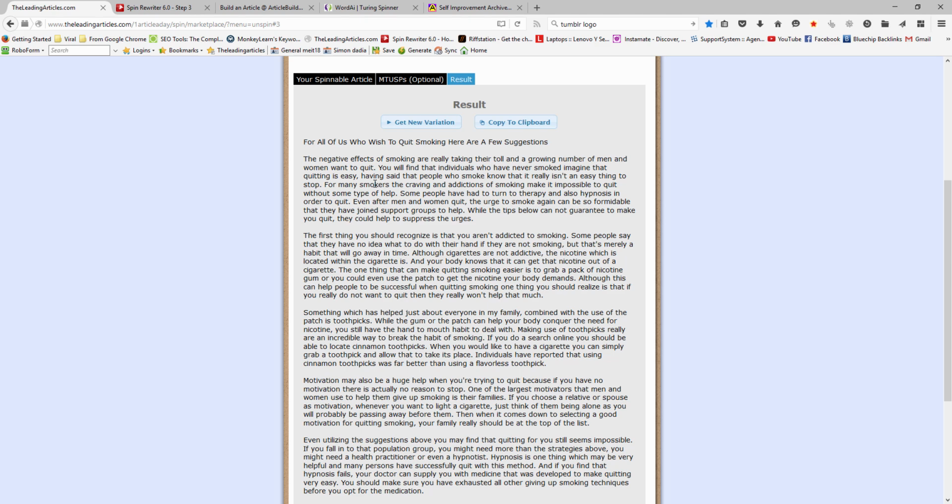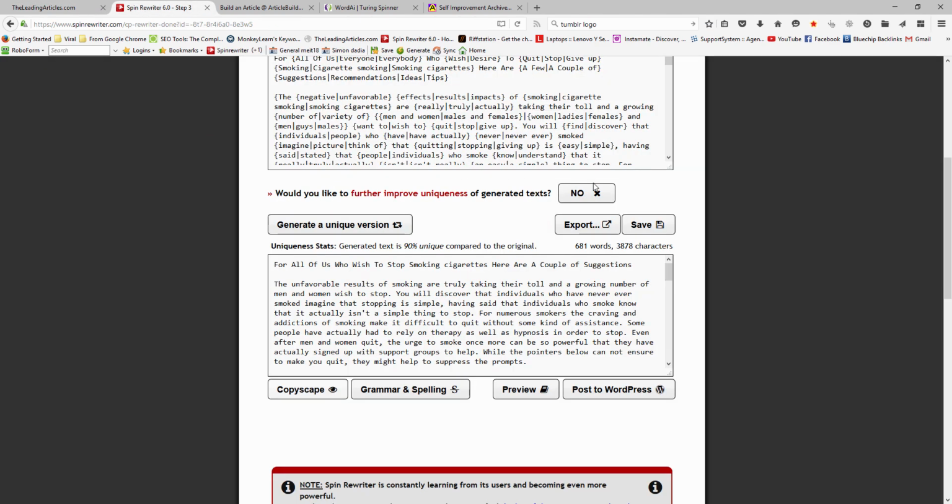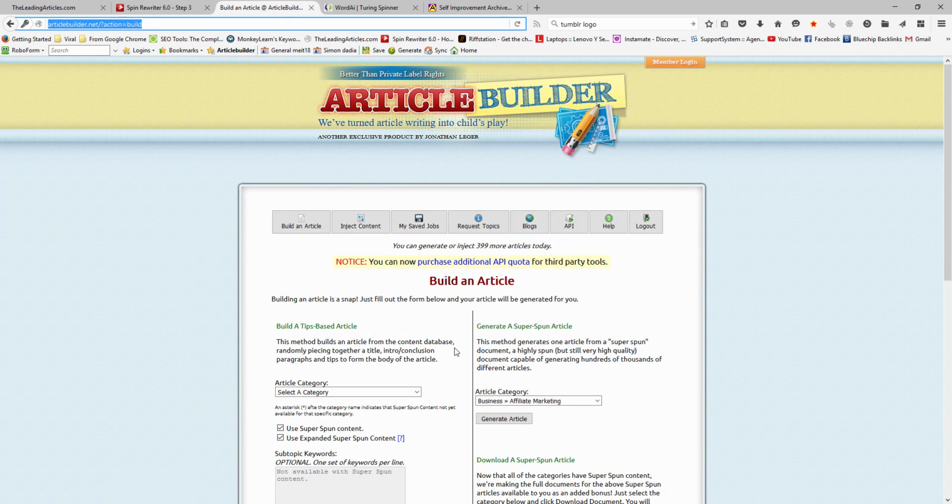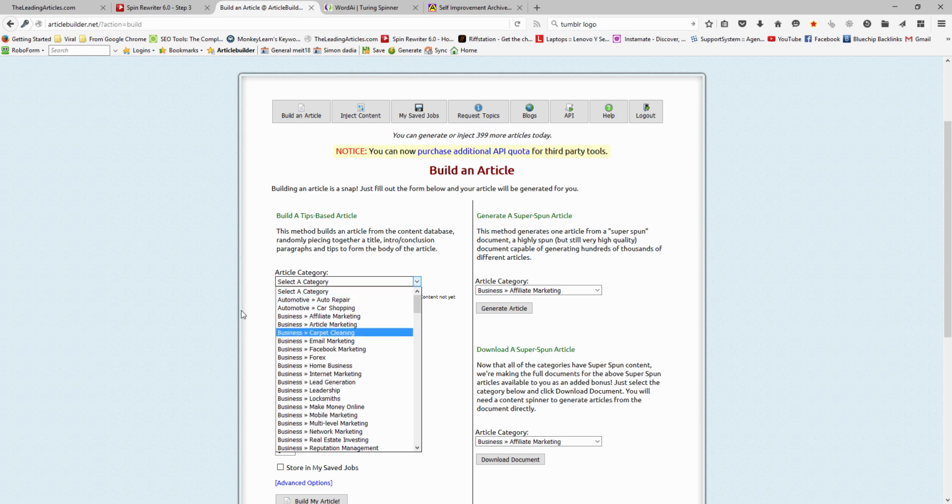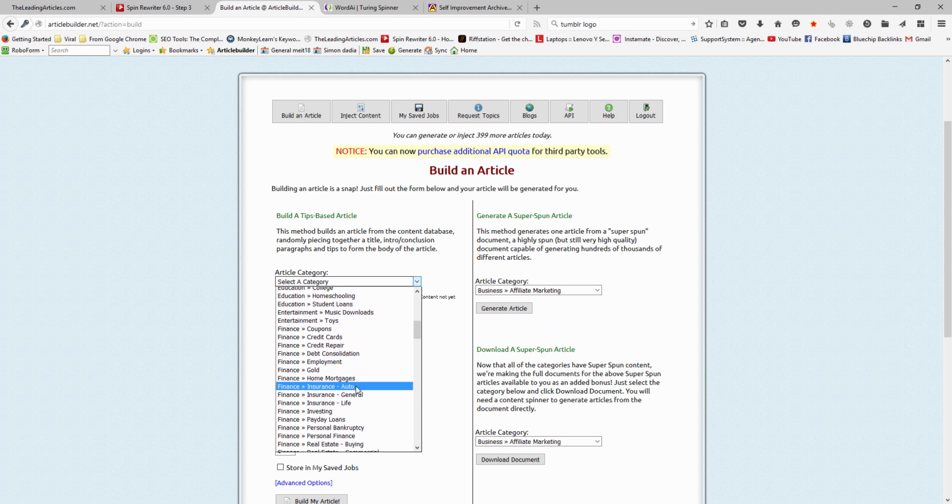This is not professional level grammar. This is probably like high school at most, level 8, maybe level 9, going into high school maximum, if that. And that's what you need to get good results out of Spin Rewriter. And the other site that I use is Article Builder. It's not as unique content, but it's also written in a very, very simple way. And I have to say, I do get better results with articles from the leading articles, only because they're written more simply. The articles over here are actually a little bit higher quality,